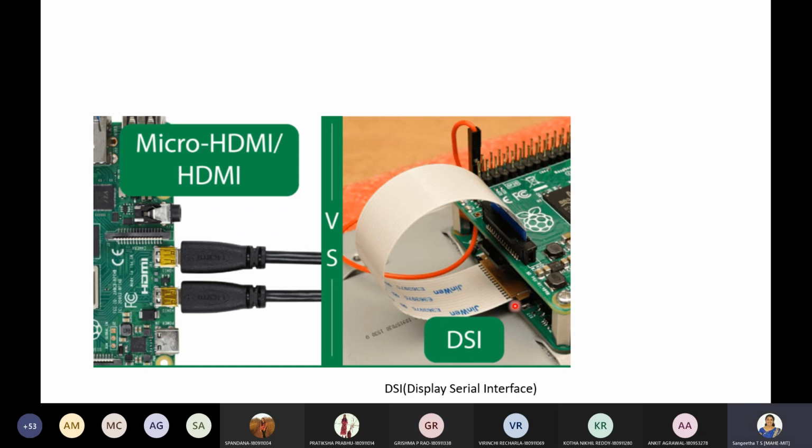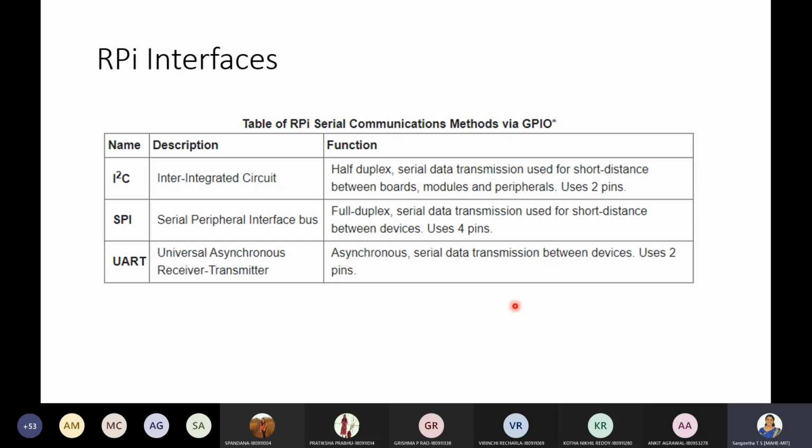Yeah, basically, I'll show you the theory part of the same. There are three serial interfaces available. The first one is called I2C, which is nothing but Inter-Integrated Circuit.